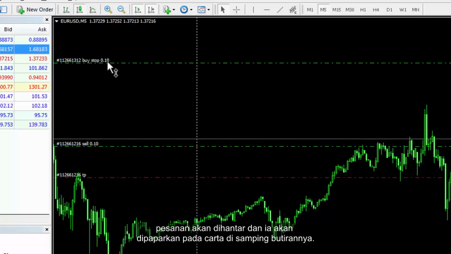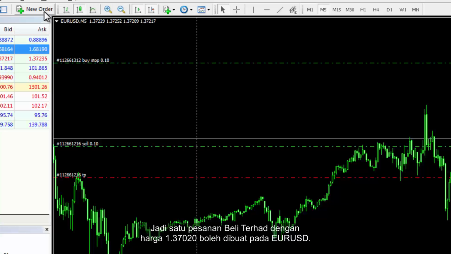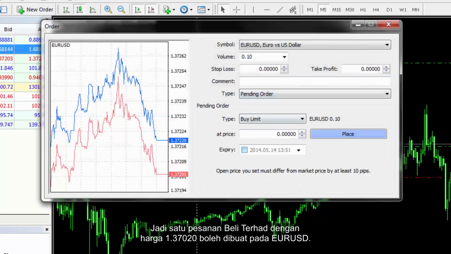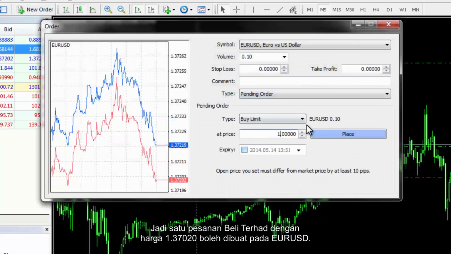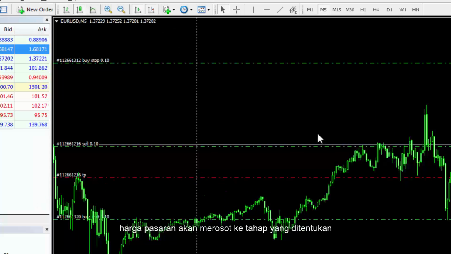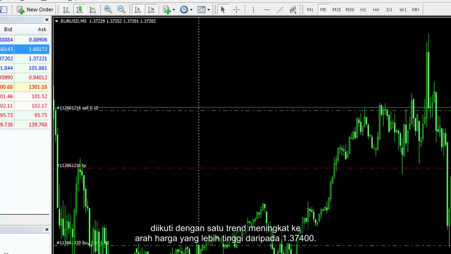For instance, a trader expects that the price would go up. However, it would drop to a certain value before its upward movement. So, a buy limit order with a price of 1.37020 can be placed on Euro against US dollar. Based on the trader's predictions, the market price would decline to a specified level, followed by a rising trend towards a price higher than